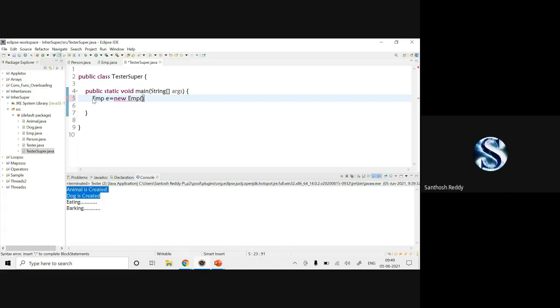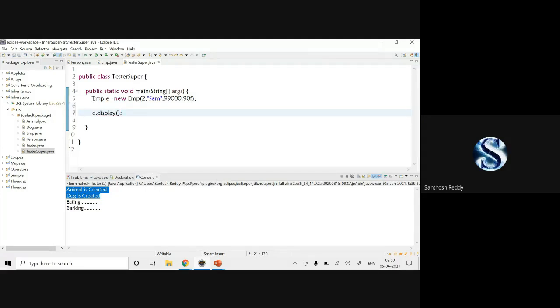Three parameters. One is the ID, another is a string, so I'll write Sam. Another is the salary, which is a float, so I'll write 99,000.90F, and I'll give a semicolon. Save the code. Now I'll call e.display.